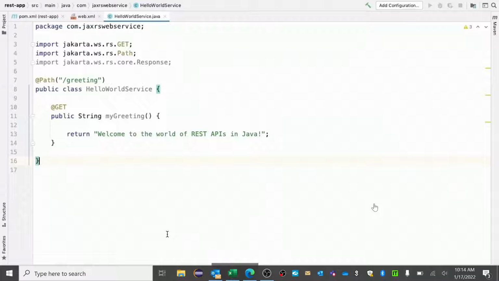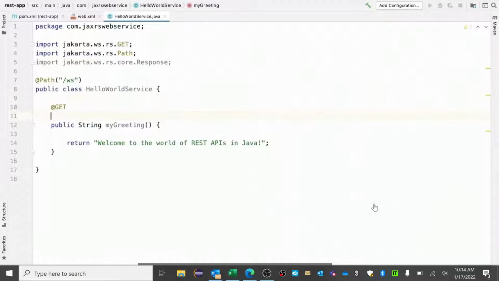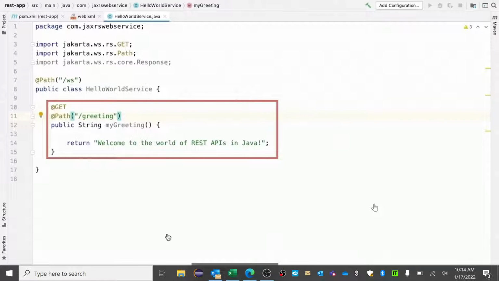First of all, let's configure the path mapping to this class so that it is the URL /ws which maps over to Hello World service. And then we can define a separate path for individual methods. So in addition to the GET annotation, we can also attach the path annotation to the myGreeting method and then set the path to /greeting.